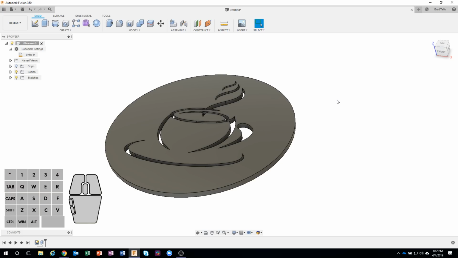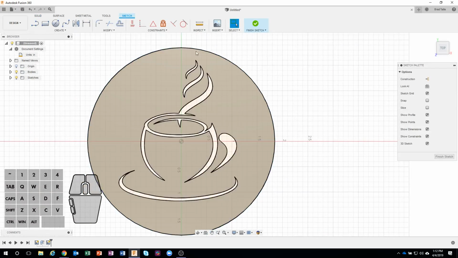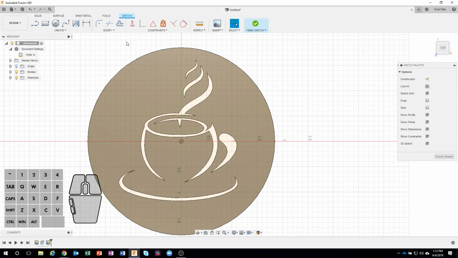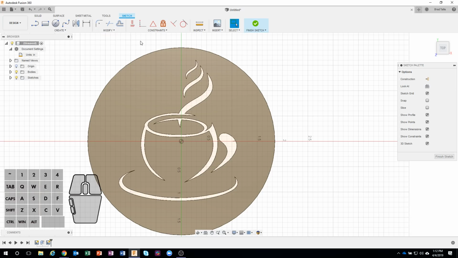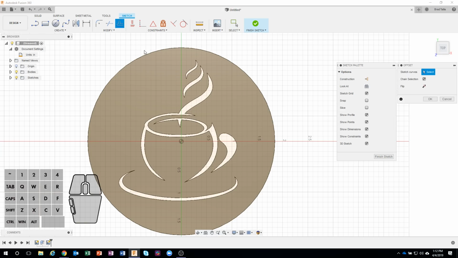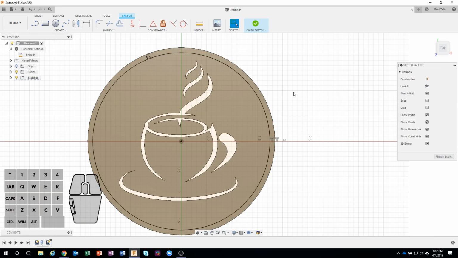Okay, so I'm going to go ahead and just create a new sketch on this top face. It projects the edge for me automatically, and I'm going to use the offset command. So under my modify, offset, or the O is the shortcut key. So I'm just going to say offset and drag toward the inside, and I want to offset, again, I'll just keep it simple. I'll say 0.1 inches in this case. I'll finish my sketch,